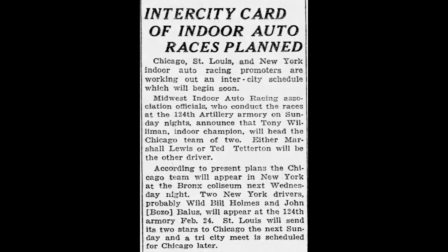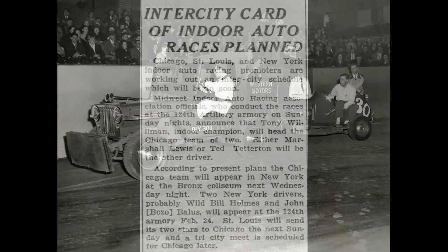According to present plans, the Chicago team will appear in New York at the Bronx Coliseum next Wednesday night. Two New York drivers, probably Wild Bill Holmes and John Bozo Ballas, will appear at the 124th Armory on February 24th. St. Louis will send its two stars to Chicago the next Sunday, and a Tri-City meet is scheduled for Chicago later. While it doesn't seem that the idea came off to the level that the organizers wanted, there was